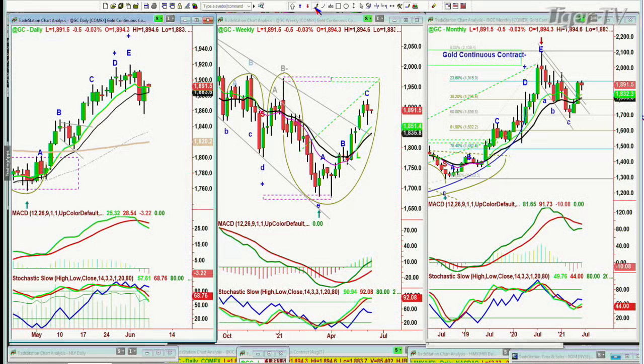I'm going to also talk about this particular pattern here, where you've got slightly lower highs and much lower lows, and then all of a sudden a reverse back up. Well, how do you constitute a breakout? What would that mean? I'll talk about that in my show coming up, the Tiger Technicians Hour, and check out